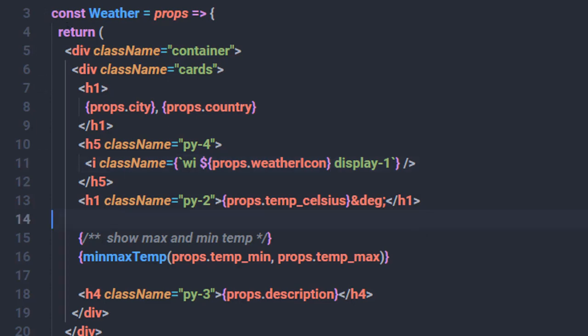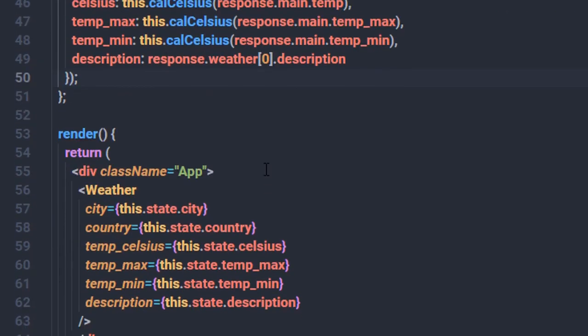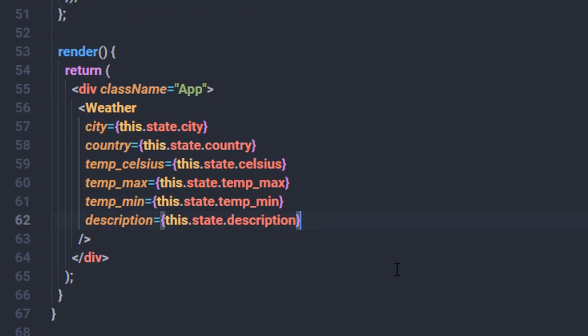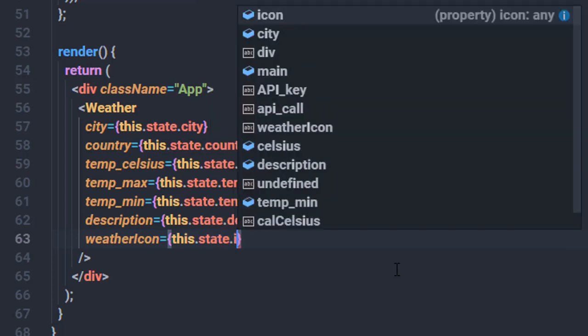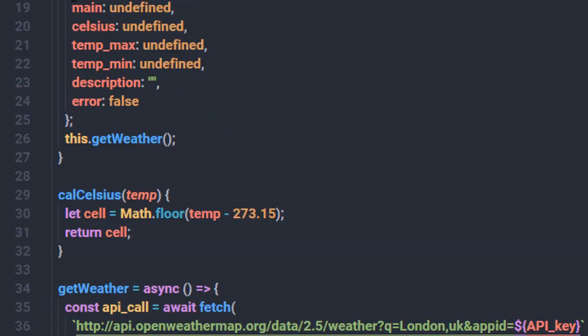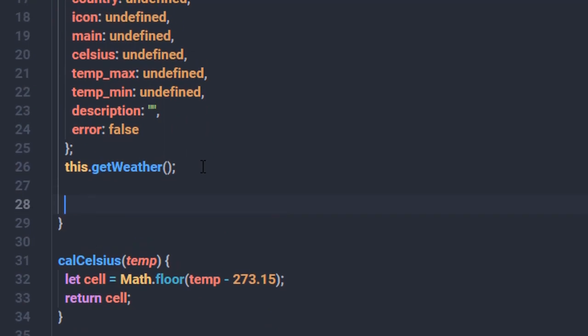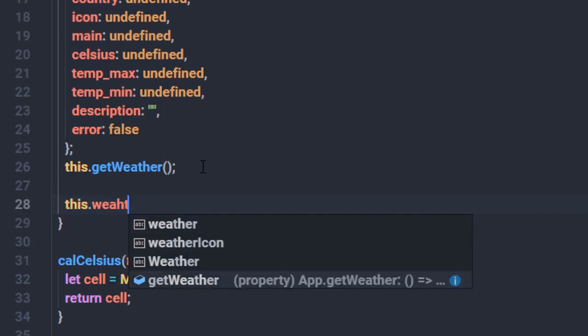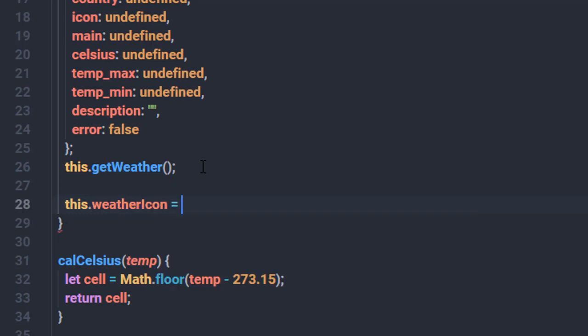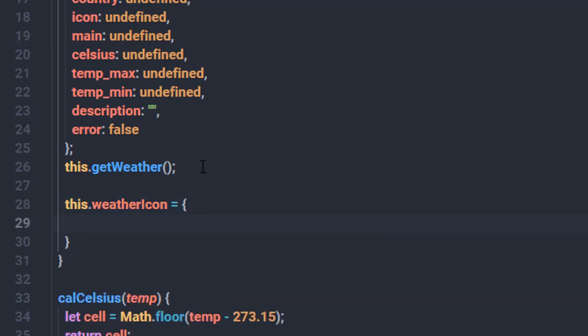So I'm going to open the app.js file and right here, I'm going to specify that weatherIcon property. So I'm going to say here weatherIcon, and right here, I want to specify this.state.icon. I want to specify this state property. So I'm going to create here a property called weatherIcon